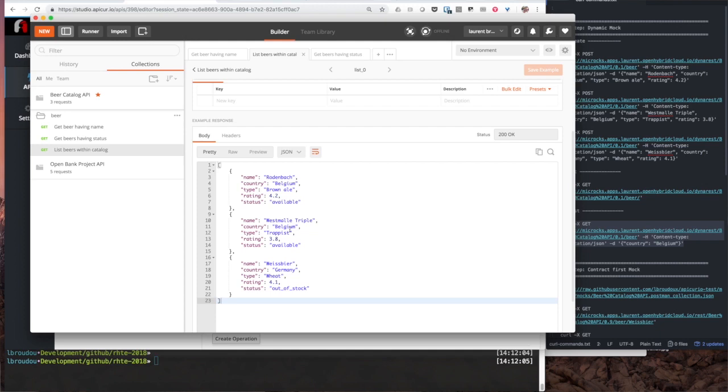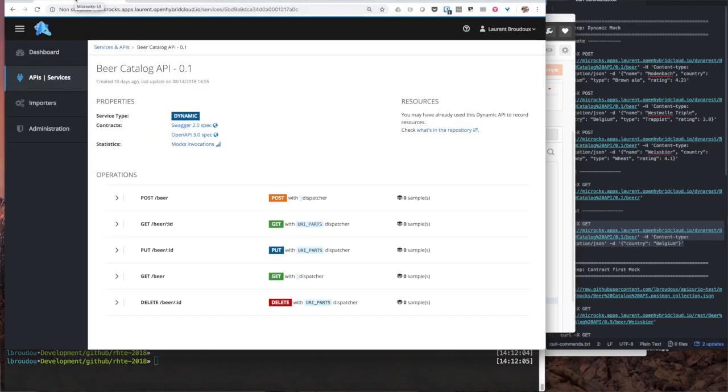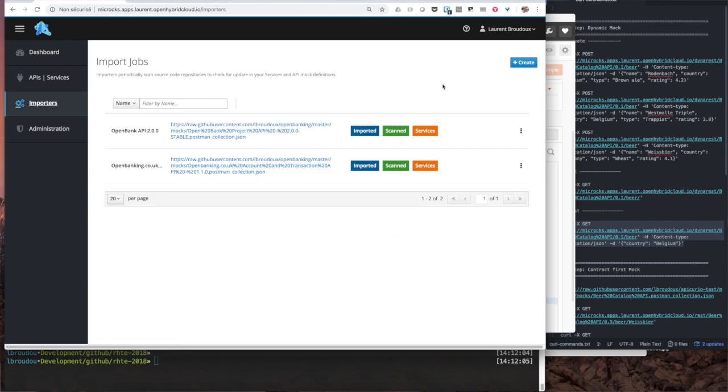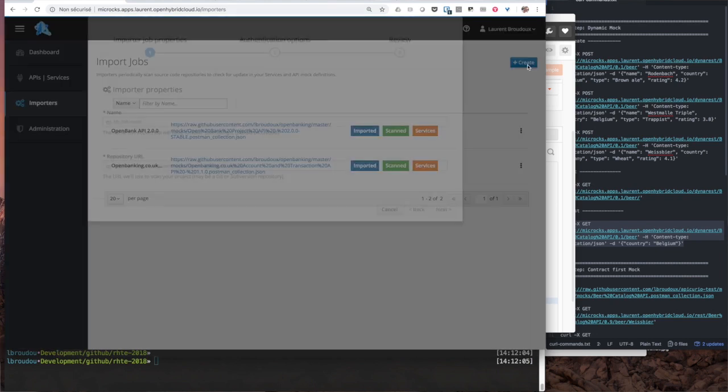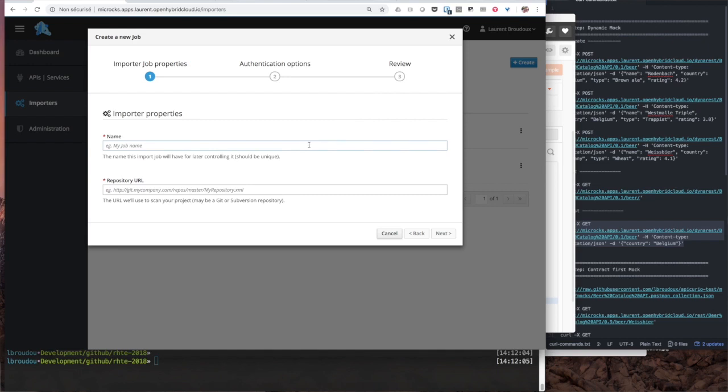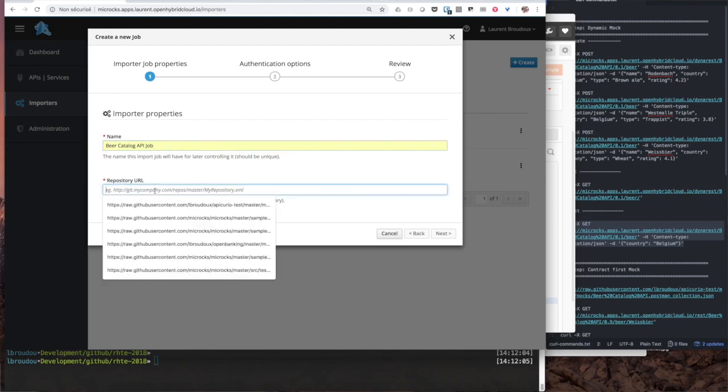Okay, and once the collection has been saved, then we can use Microcks to produce live mocks from these samples. Microcks has this concept of an importer. An importer is just a simple API, a simple URL that you can pull. For example, here I get my importer for my beer catalog, and I just